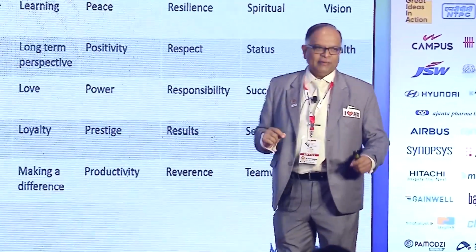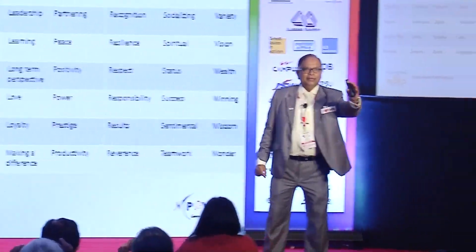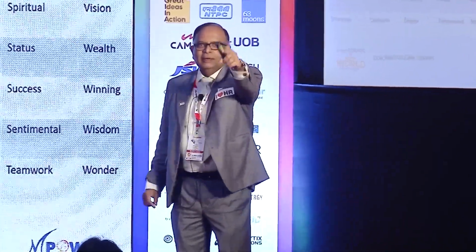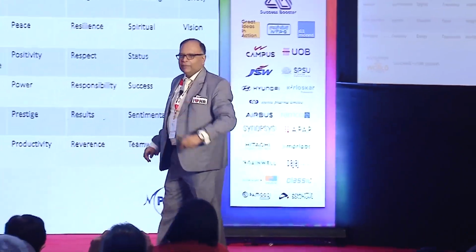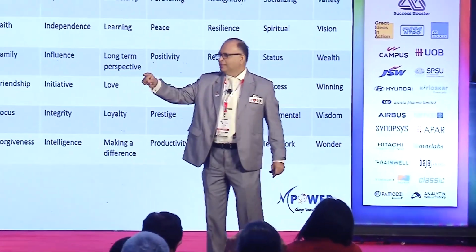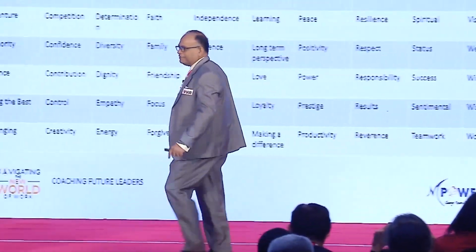Right? So I want maybe 3 volunteers, quickly 3 volunteers, maybe one from this side. Right? One person, yes, sir. Pick up 5 values that define who you are. 5 values, I give you time. Anybody, a lady from this side? Yeah, ma'am. 5 values out of this list that define who you are.